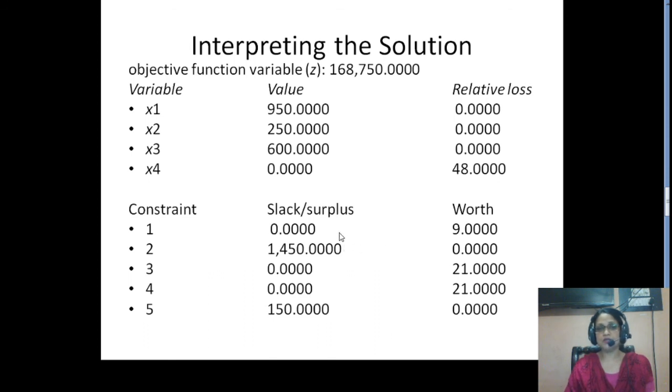So all the cutting time, all the finishing time is utilized, and we are producing the optimum number that is given, that is 1800 units, right? Your assembly time is in surplus. You have a slack variable in the name of assembly time. These 9 and 21 and 21 are the shadow prices, or the incremental values of contribution, if you buy 1 unit of cutting time or 1 unit of finishing time.